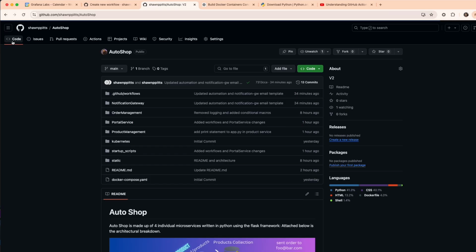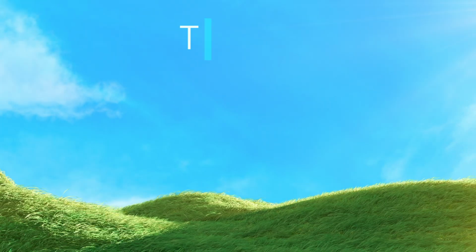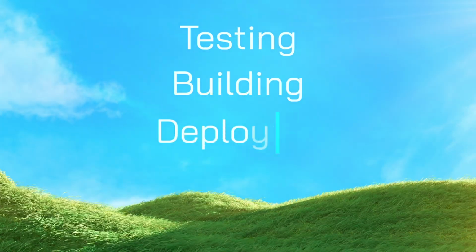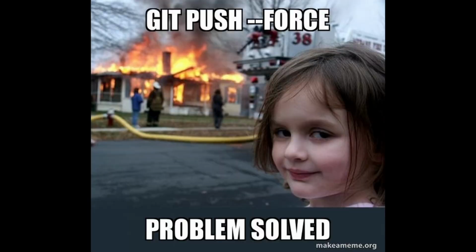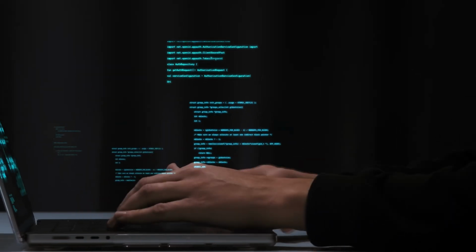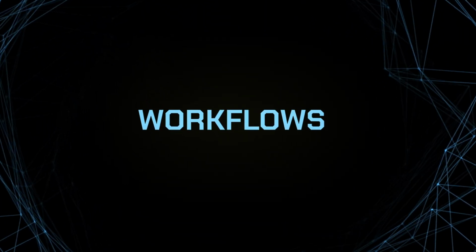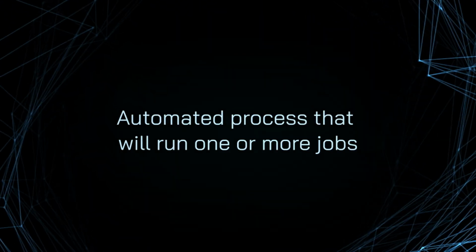GitHub Actions. This popular CI/CD tool integrated right into GitHub takes care of mundane tasks like testing, building, and deploying your code whenever there's a change in your repo. You can think of Actions as a way to automate the repetitive parts of your development process and speed up cycles. GitHub Actions is made up of four main concepts: workflows, an automated process that runs on one or more